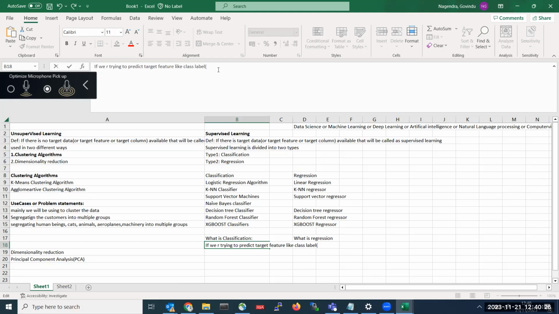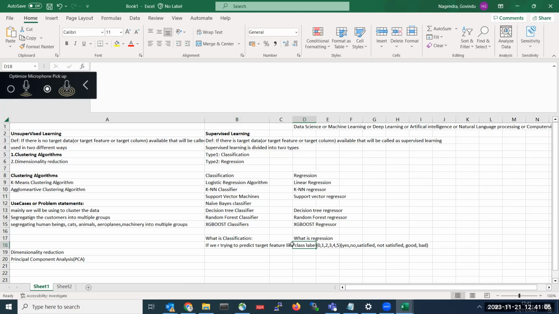Here class labels could be 0, 1, 2, 3, 4, yes, no, satisfied, good, bad, all these things. So if you are trying to predict a target feature like a class label, that will be called a classification problem statement.